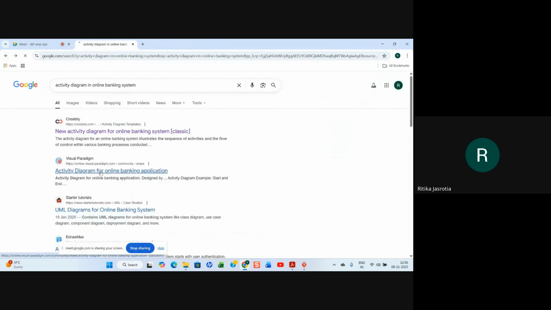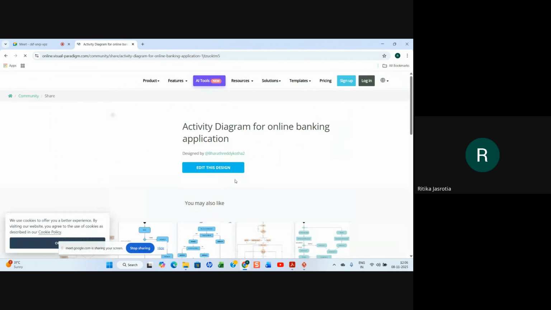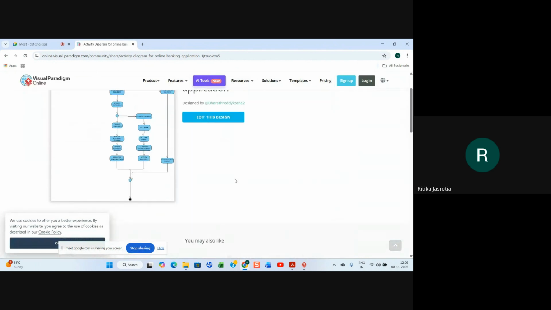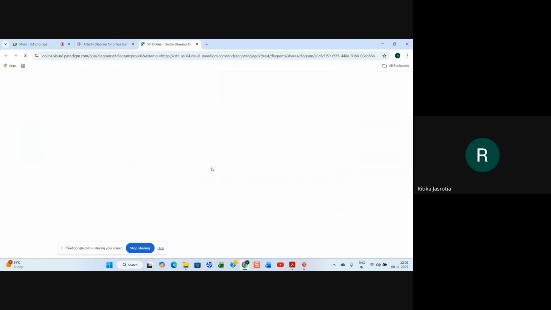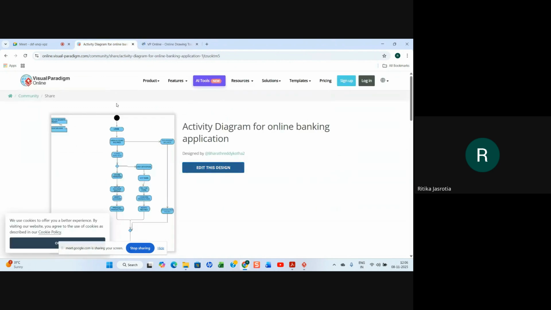Let us see what Visual Paradigm is showing you, what kind of diagram. Suppose if you go for edit design, I don't know. Otherwise, here it is login.